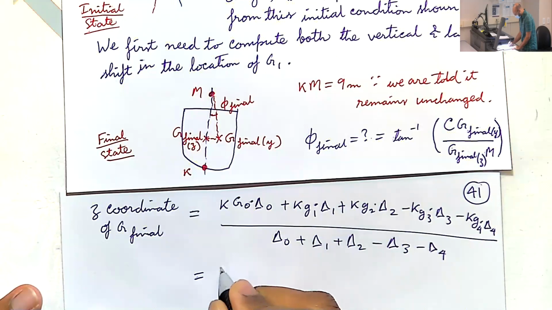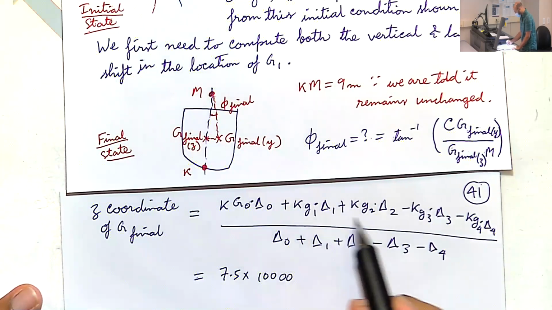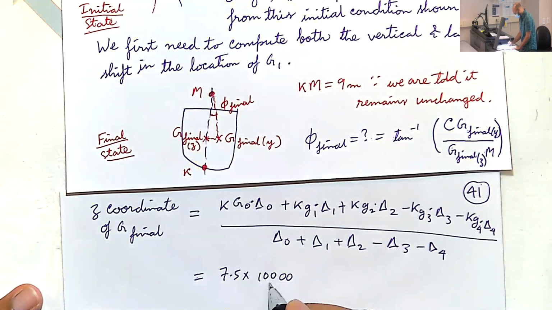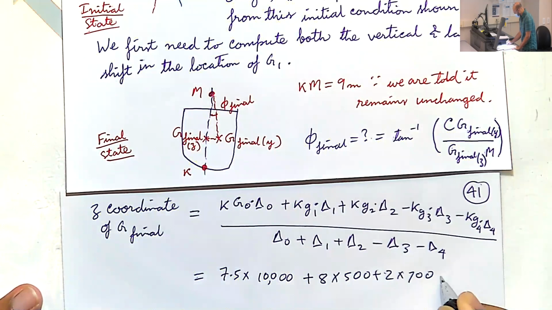So this is 7.5 times 10,000 ton. And again, ton, top and bottom will cancel out. So you can convert it to kg or leave it like this. Plus 8 times 500 plus 2 times 700 minus 6 times 200 minus 1.5 times 100